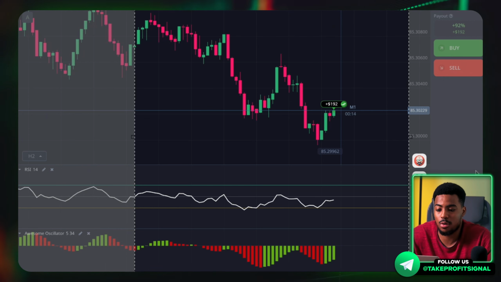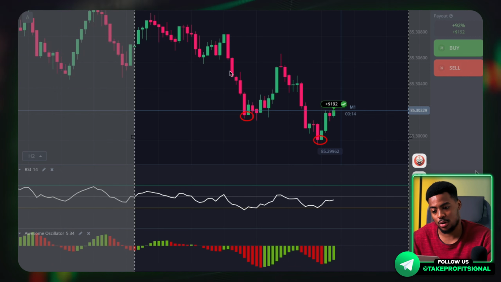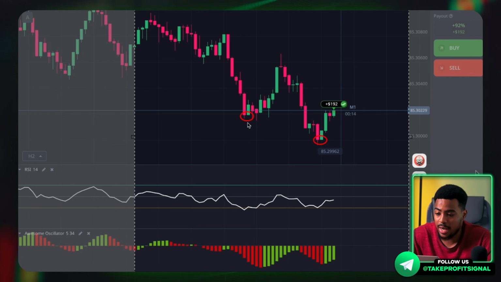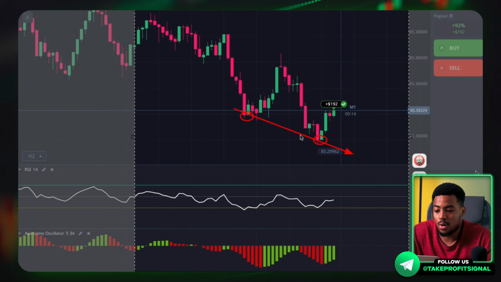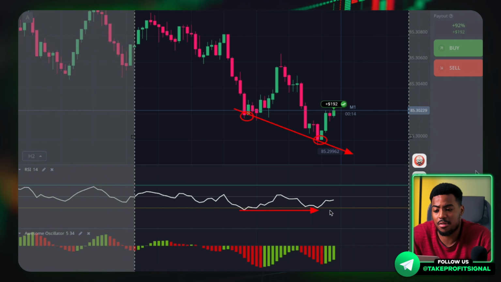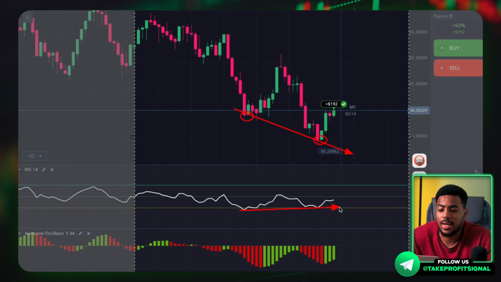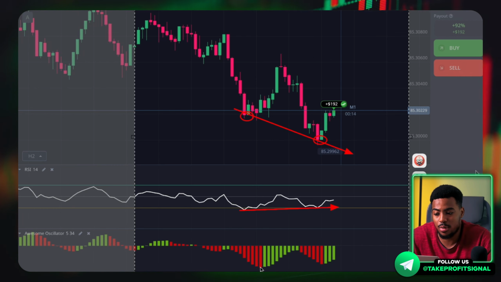Next, we look for local values. That is, we have 2 local minimum values, I mean bottom 1 and bottom 2. We draw a line through them and realize that the chart is falling. We draw a line through the same values on the RSI indicator and see that the RSI is going up and